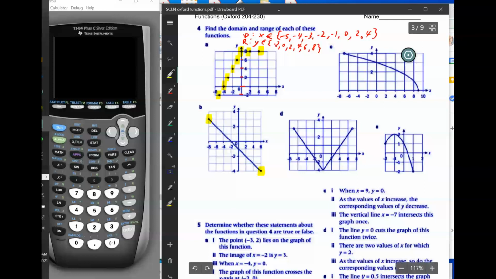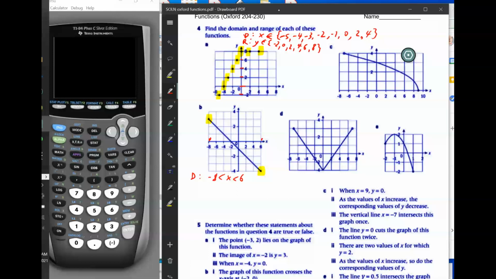So let's do it first for domain. The domain of this, we're going to say x is in an interval, and x is going to range from negative 8 to x equals 6. So I'm going to say negative 8 less than x less than 6,